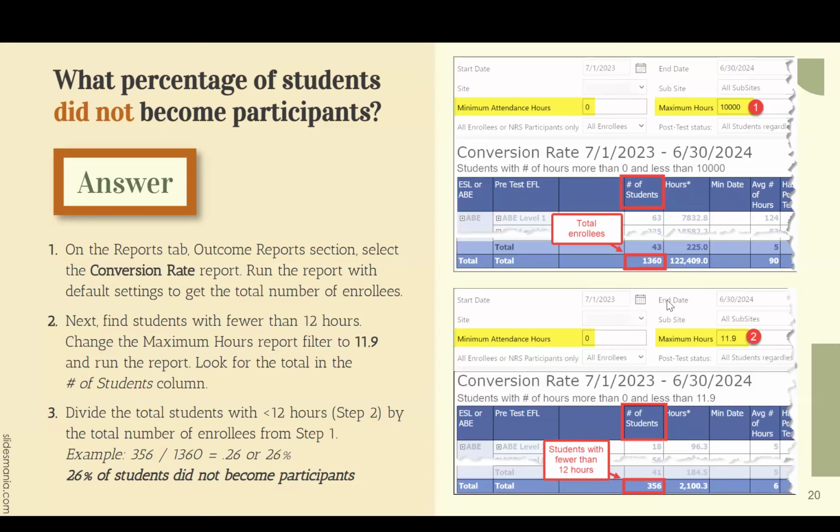Because it has post-test, the percent that comes out of there is asking how many people have been post-tested, no matter their number of hours. It's just a good glance, an eyeballing. But you could look at this conversion rate report and only look at those with 40 and more hours and then look at the post-test rate if you want to. And then you'll see it's pretty much higher for only students who have more than 40 hours. That's true. I withdraw my question. Okay. All right. We're getting close to the end here, I think, so I'm going to move on.